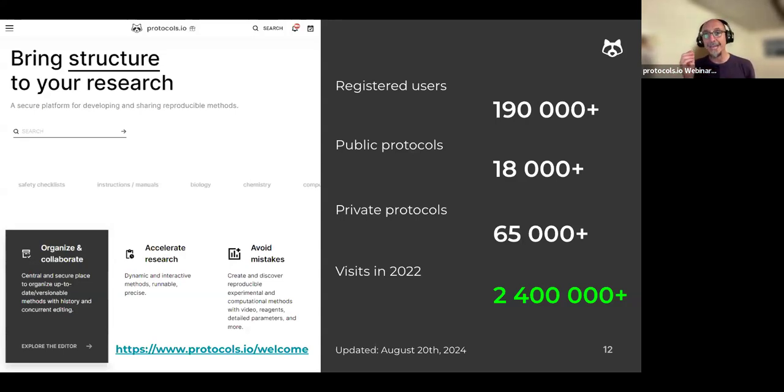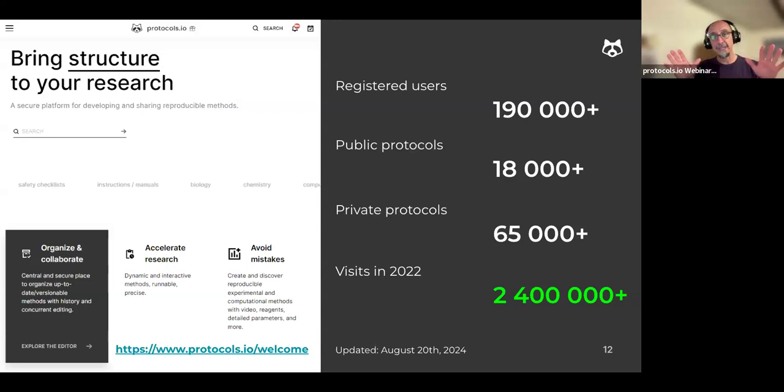But what I want to point out is that despite this independent sharing, there is a lot of traffic to the protocols. About 60% of all traffic to these public protocols comes directly from Google searches, which means that people are organically finding them.